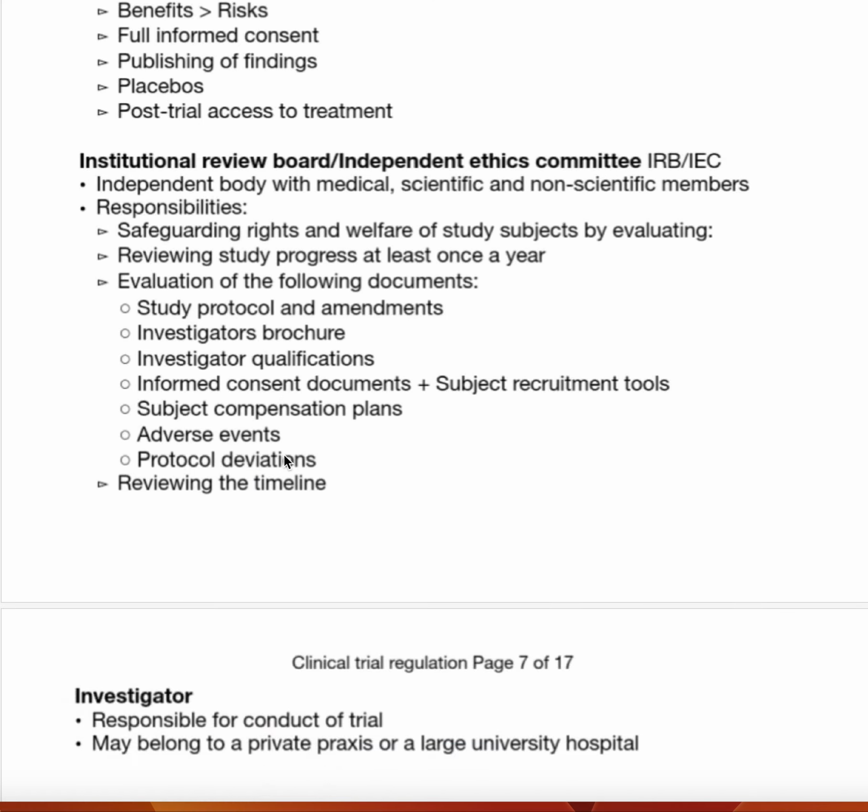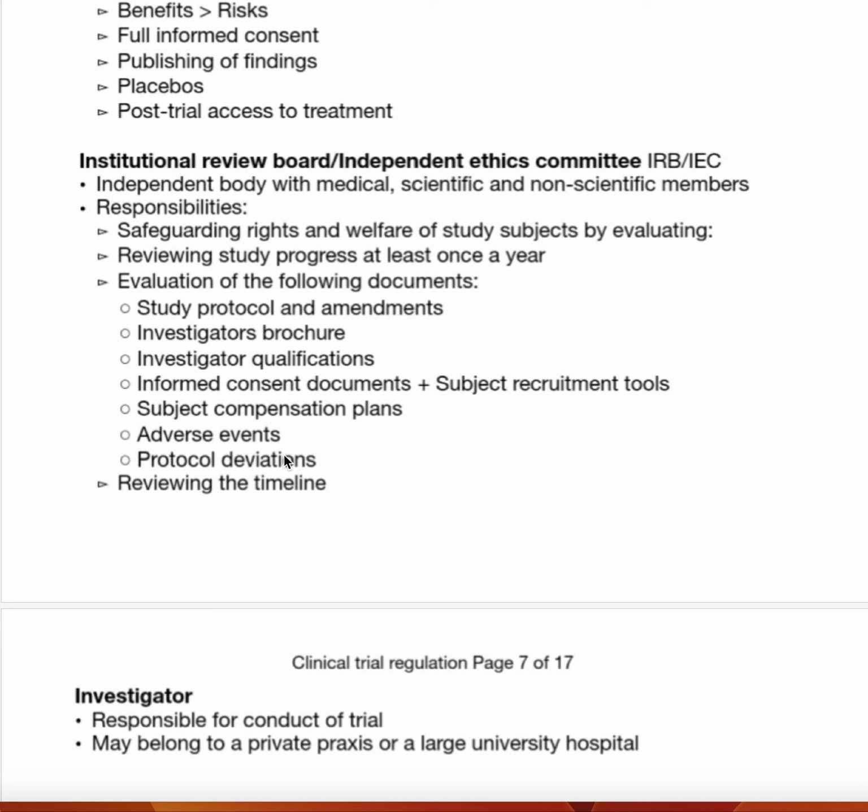And then we discussed the Institutional Review Board, Independent Ethics Committee. We can say it's IRB-IEC, an independent body with medical, scientific, and non-scientific members. So this organization is independent of this clinical trial and composed of many members, maybe medical members, scientific members, and also non-scientific members. What are their responsibilities? The first thing, and you can recognize that from its name, is safeguarding the rights and welfare of study subjects by evaluating